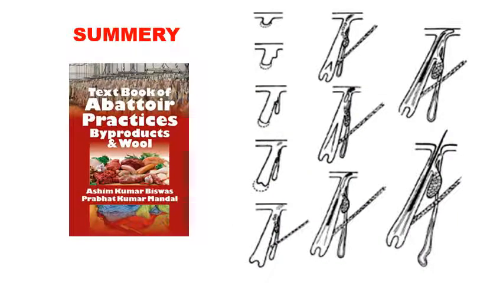Now we have come to the end of today's lecture. This lecture is all about the structure and development of the wool follicle. At the beginning we tried to explain the wool follicle and its structure with a diagram, the different types of follicle, that is primary and secondary, the kinds of fibers they produce, and the comparison between primary and secondary follicles. Then I explained the development of the primary follicle with diagrams, and then the development of secondary follicles with specific differences.